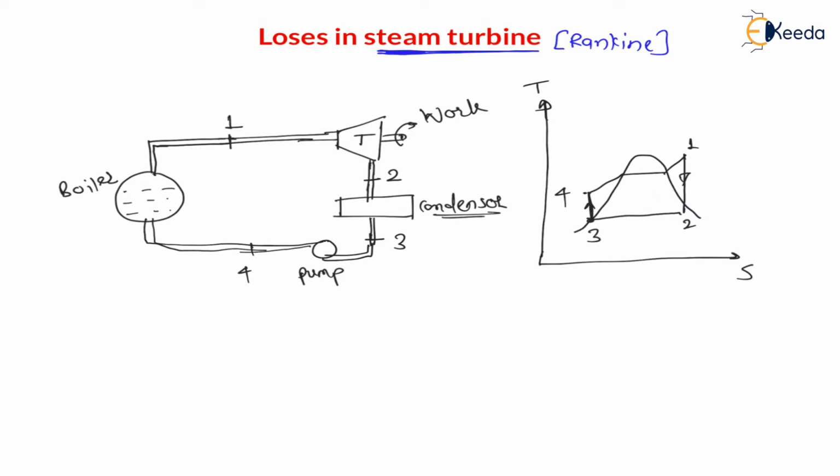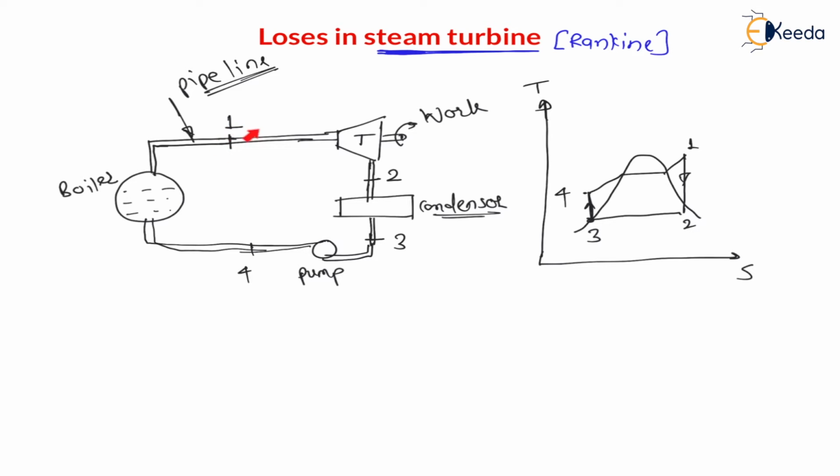But my dear students, as steam is flowing through the pipeline from boiler to the turbine, there will be a pressure drop in this pipeline. Therefore there will be a temperature drop in this pipeline, right? Because of pressure drop there will be a temperature drop, as well as there will be a heat loss in this pipeline. Whenever there is a heat loss, then entropy decreases, temperature decreases, right? These are the two major losses which reduce the available energy and consequently the power output.